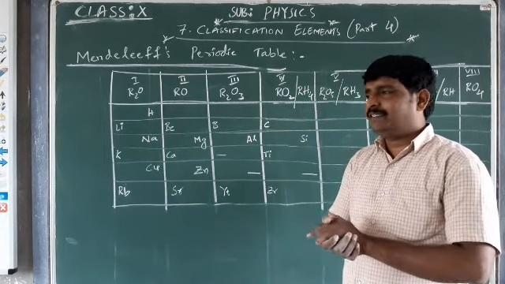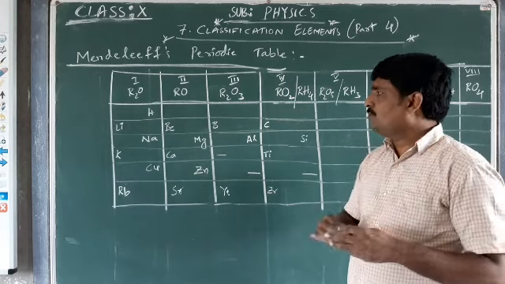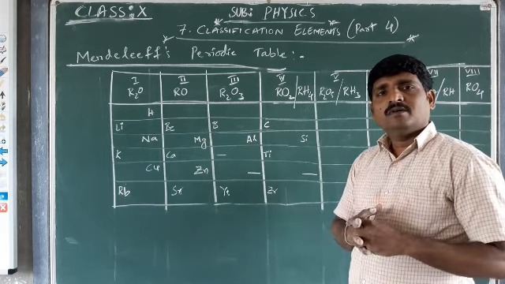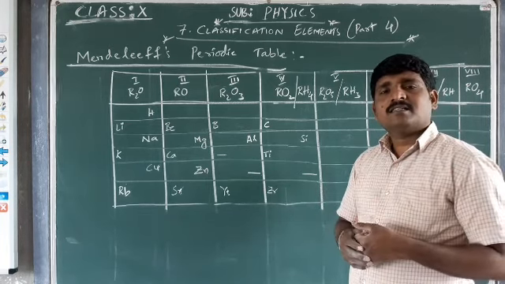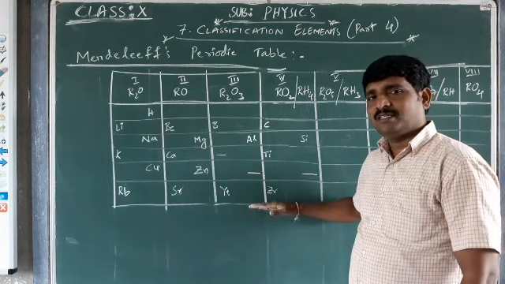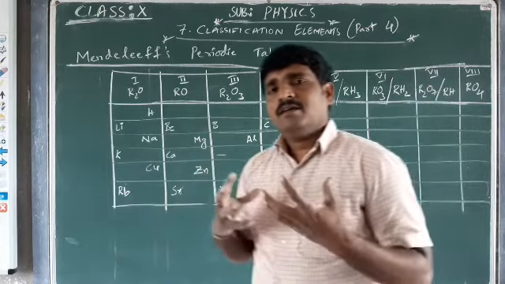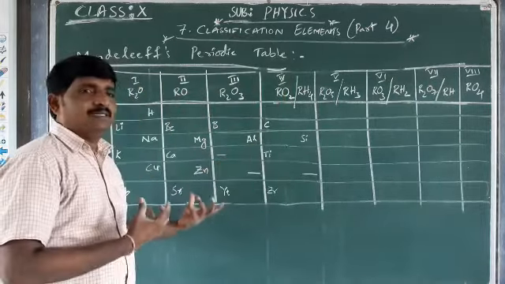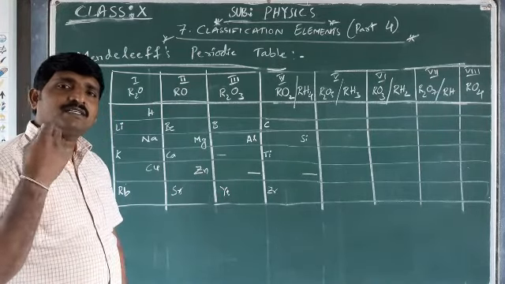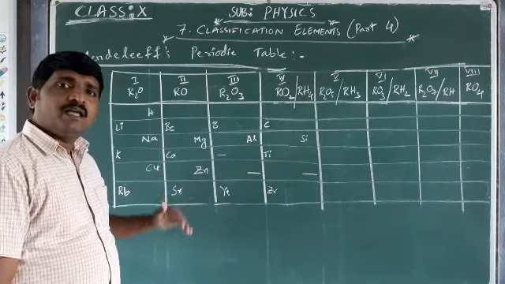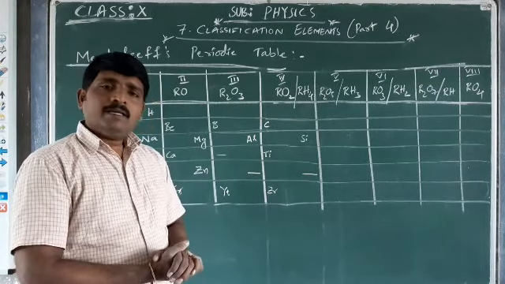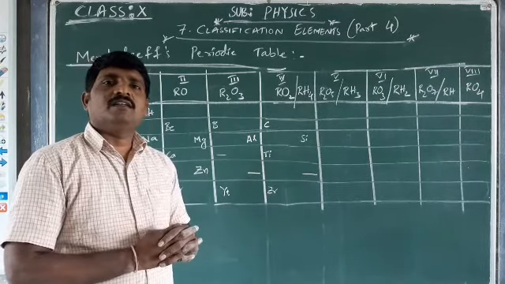What is the Mendeleev periodic table? What made Mendeleev arrange the elements in a proper tabular form? What strategy was applied to have the elements in this tabular form, and what is the main logic behind arranging the elements like this? That's what we are going to discuss. We will discuss the achievements of the Mendeleev periodic table, and we will discuss its drawbacks. That is the agenda of today's session.